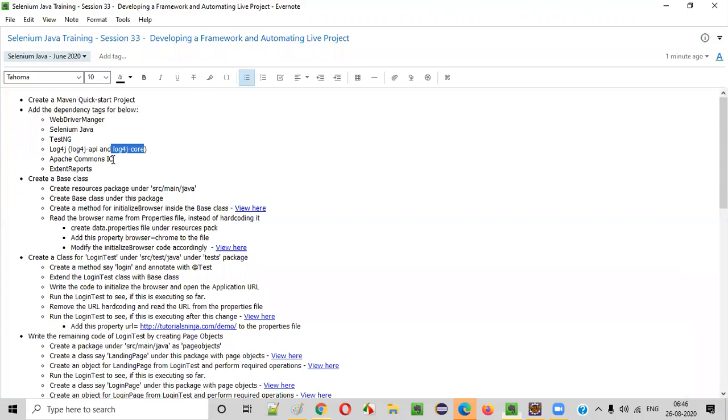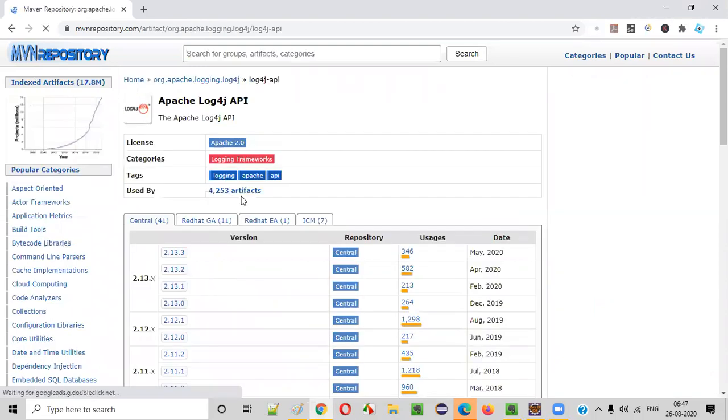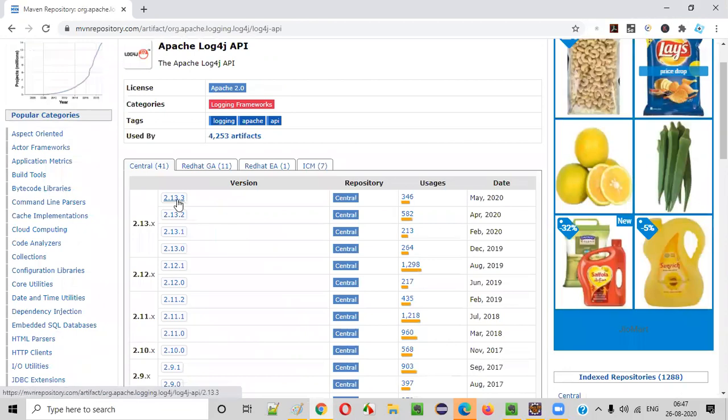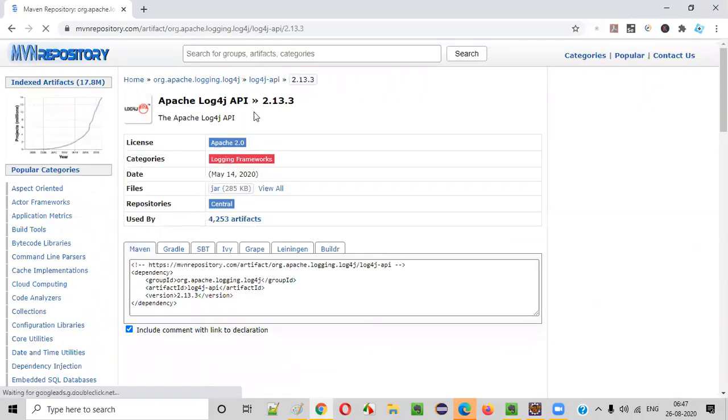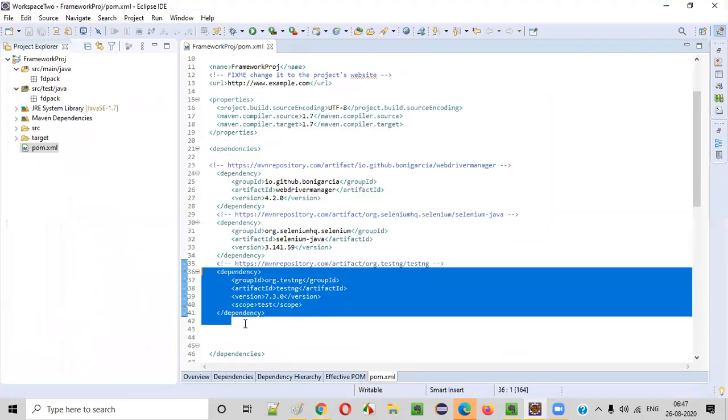If you can see here, log4j API, log4j core. So let's get log4j API first. Here is the one. Okay, log4j API. Click on this. So get the latest stable version, that is 2.13.3. Okay, copy this and paste it here.